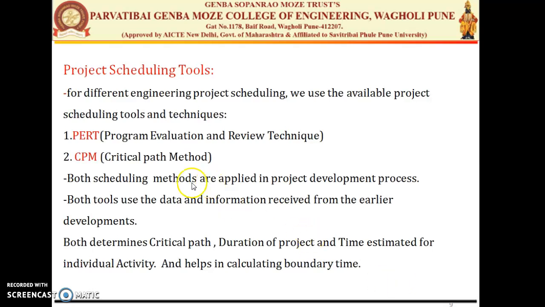The detail of PERT and CPM we will see in the ending section of the unit, because most of the related terms are not seen yet, but this was the intermediate topic in your unit. So we'll just look at what is PERT and what is CPM, and the calculation part we will do at the end, because some terminologies need to be understood before going with PERT and CPM. So we move to the software measures.